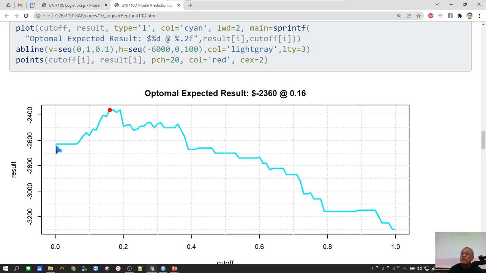Cutoff equal to 0, right? What does it mean by cutoff equal to 0? It means I would apply the treatment to everyone. And here is like I do nothing: cutoff equal to 1. So I'm doing the treatment to nobody, right? So if I'm doing nothing, actually